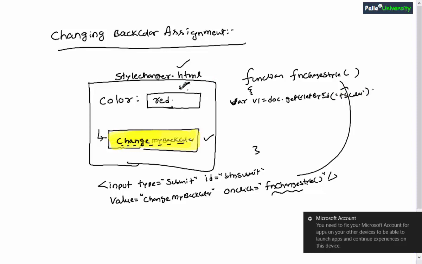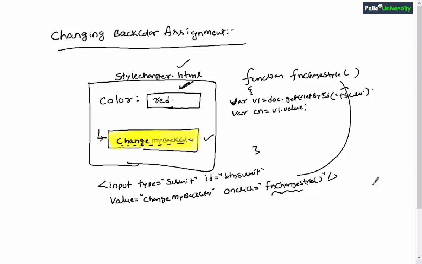You assume that this control's ID is tbColor. So obviously you will get the color name by using v1.value. Now you will write var cn is equal to v1.value, or you will read this text box data by writing code like this. So the cn variable will be getting the given color.